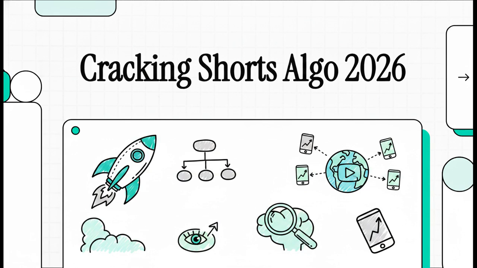Today we're unpacking a really bizarre, data-backed 2026 loophole. It's an information-dense strategy that is literally generating 1 million daily views for creators right now. So let's jump right in and reverse engineer a viral short, step by step.